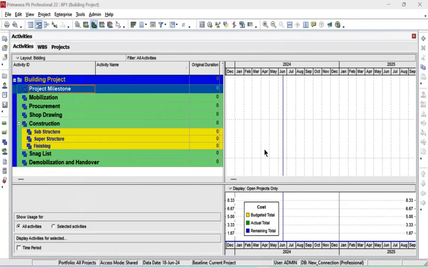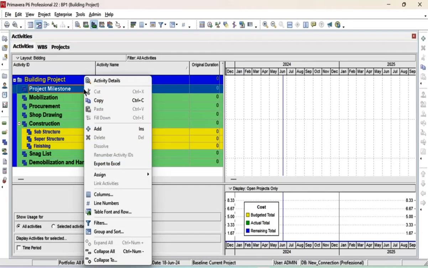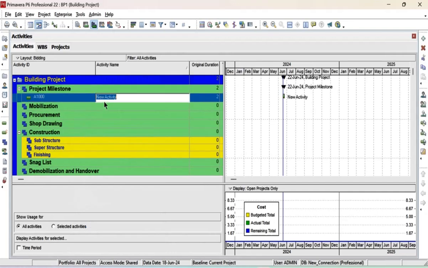In this video, I am going to talk about how to create the activities. In the previous video, we learned about how to create the WBS work breakdown structure. So our first WBS is project milestone. Under this, we will create the activity name